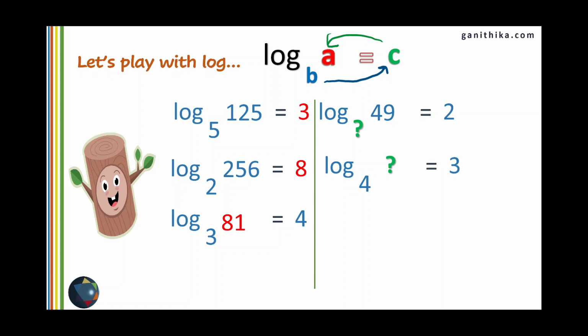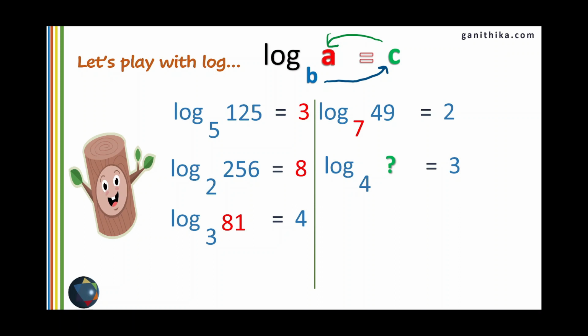Next question, question mark to the power of 2 equal to 49 is the conversion to exponential form. So, what to the power of 2 gives you 49? Of course, 7 to the power of 2 gives you 49. Therefore, the question mark here is 7, which makes logarithm of 49 to the base 7 is equal to 2. The power when 49 is written in base 7 is 2.